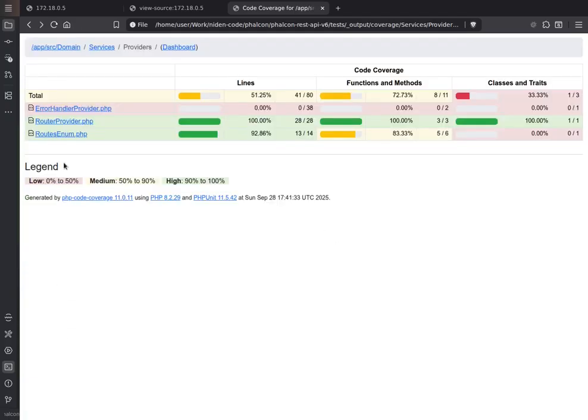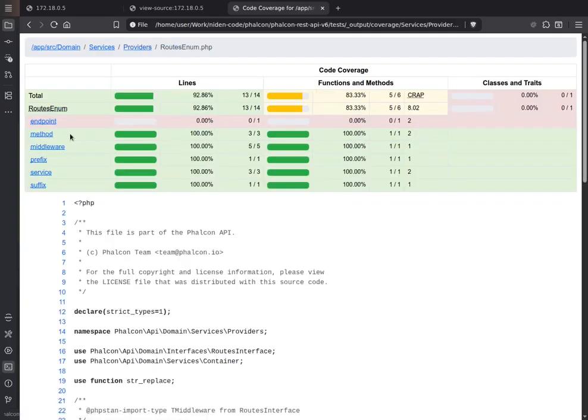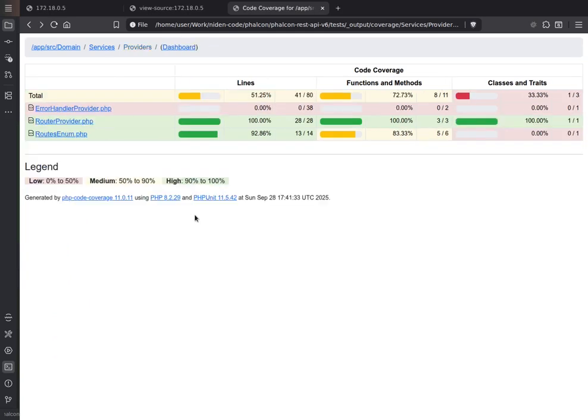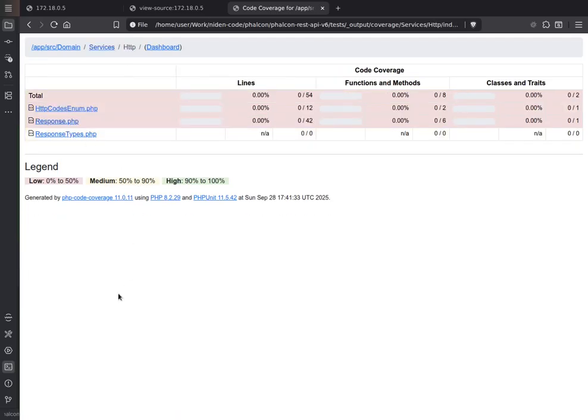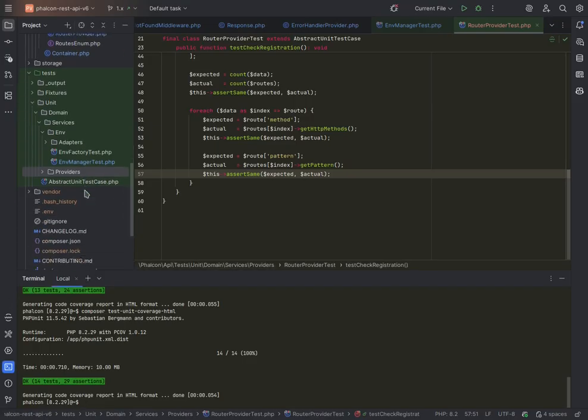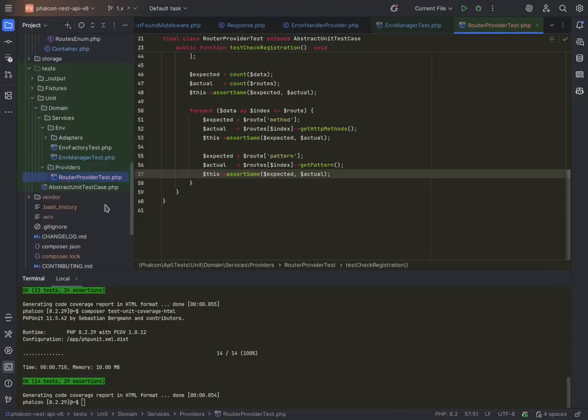Okay, now we have the routes in and I do believe that we will cover it in a little bit, because it does have this endpoint, but I think we'll create a test just for this, for the routes in just to make sure that that one is fine. Now we have the error handler provider that we need to create tests for. Let's do that here, and then